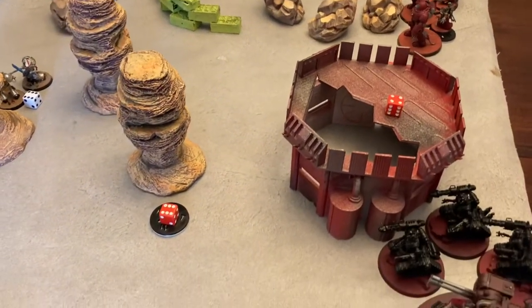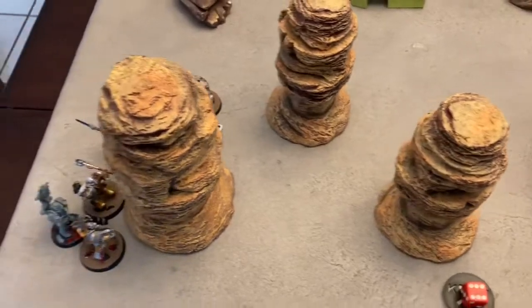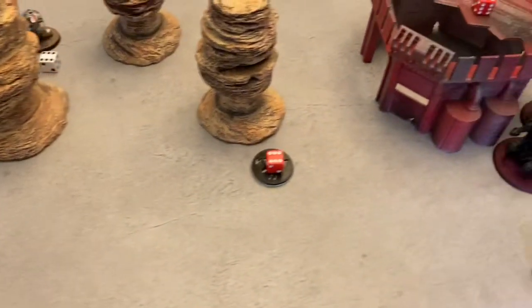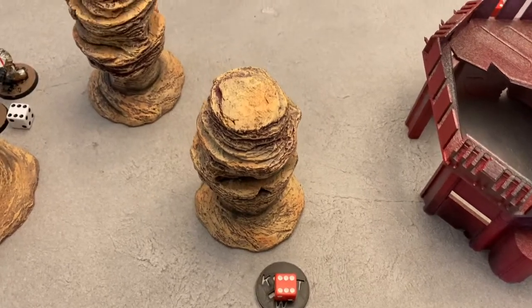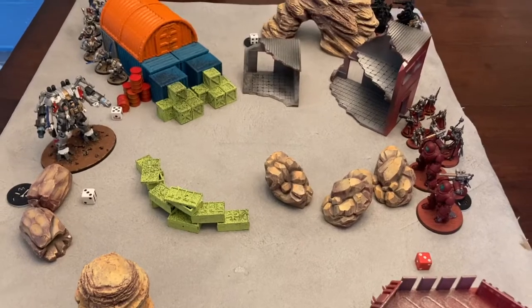And mission number 12 has an interesting deployment zone where both these deployment zones are only 6 inches, and it's on your long table edge. 6 inches up from that long table edge, and that means that the center of the board is only 9 inches from edge to edge. It means it's an 18-inch no man's land, and almost every weapon in the game is at least 24 inches,